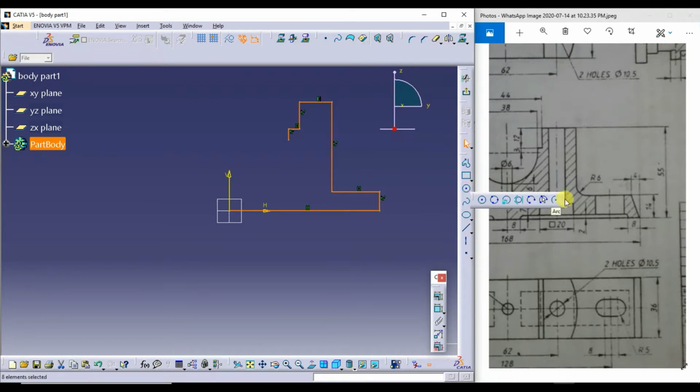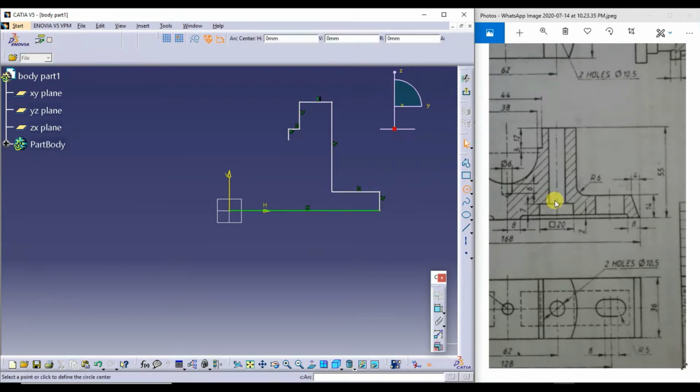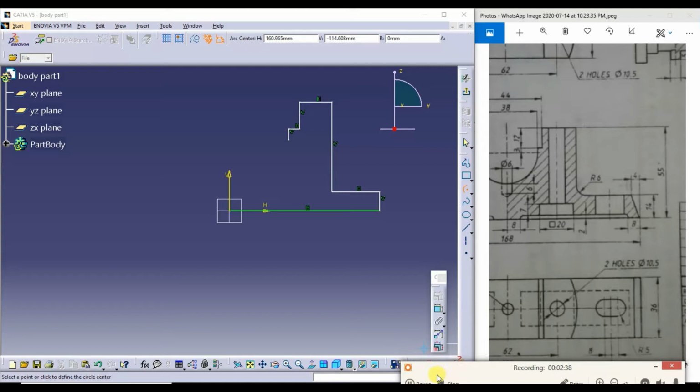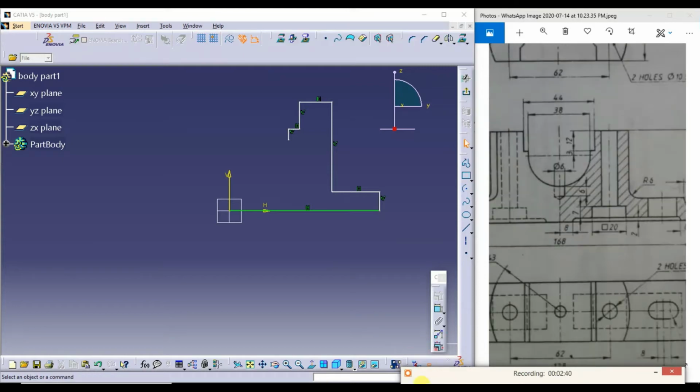Next I'll go for this arc. Now the center of this arc is here.